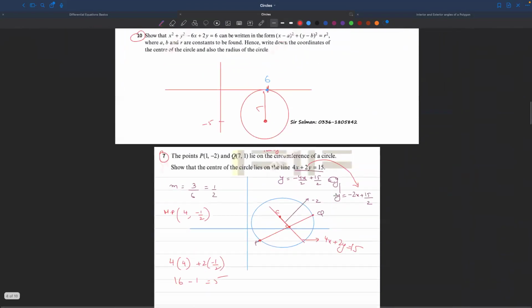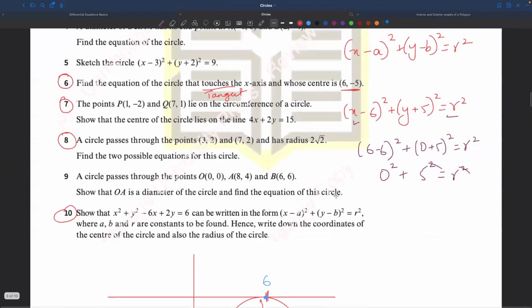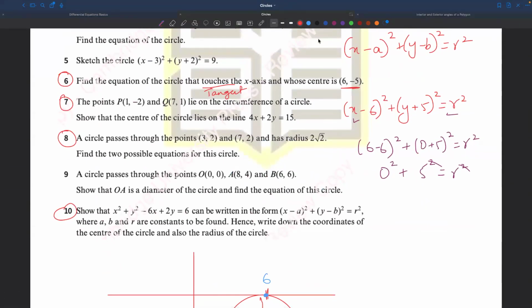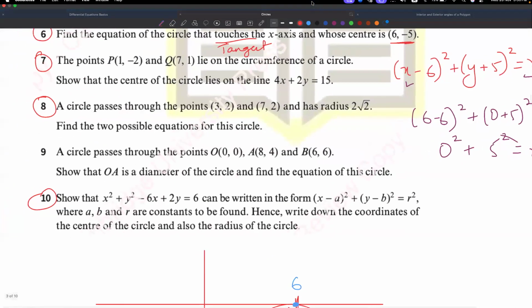Okay everyone, one more question to end the day. Question 8, yeah, let's do question 8 to end the day. Okay,